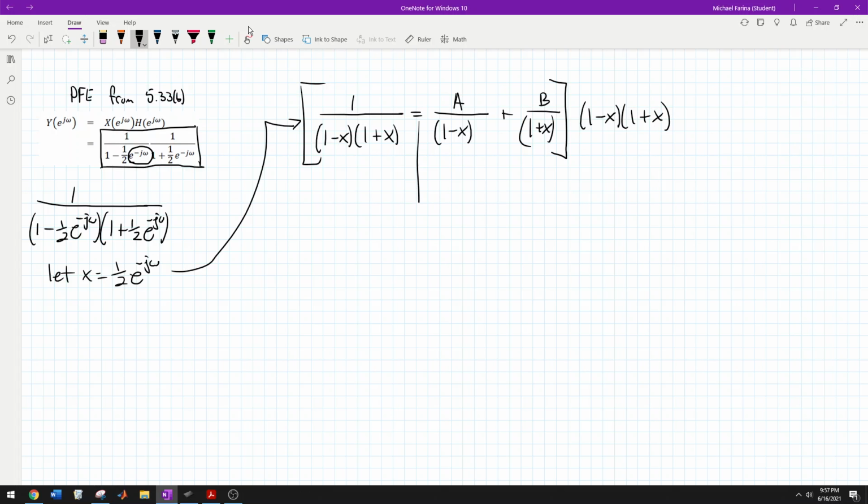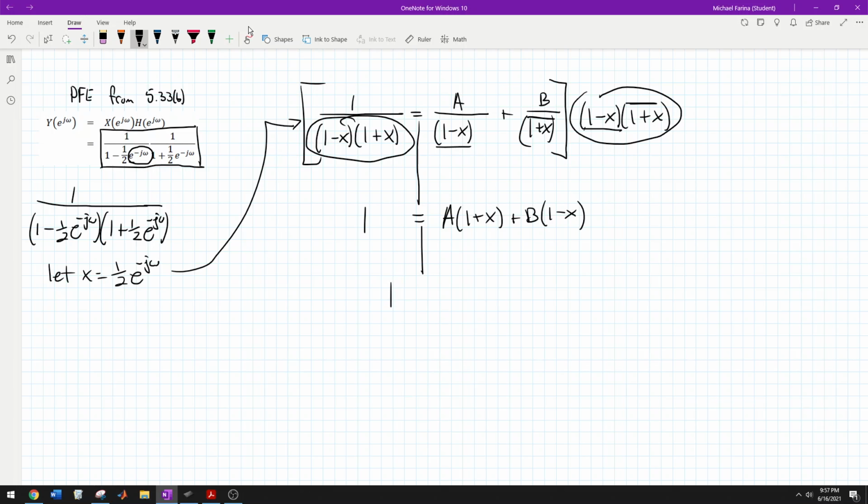Now, when we come down here, all of this is going to cancel all of this. So then we just have 1, and we have that equal to, well, this is going to cancel with this, so we have a times 1 plus x, and then this one here is going to cancel this one here, so we have plus b times 1 minus x. Bring that down, we have 1 equals a plus x times a plus b minus x times b,